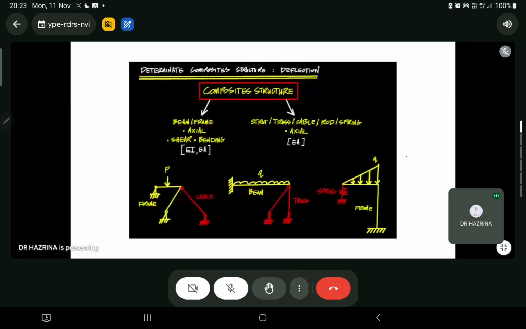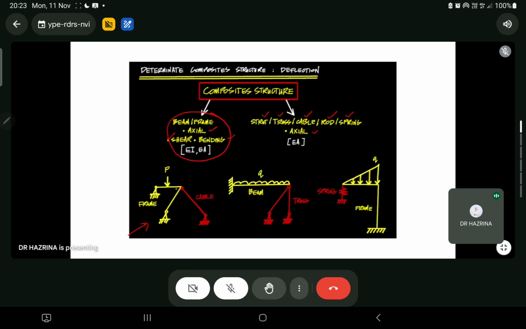Okay, so let's look into here. So kalau you tengok, okay, composite structures, kita ada this one. Okay, composite structures, kita ada beam ataupun frame, okay, yang mana beam atau frame tersebut dia ada axial, dia ada shear, dan dia ada bending. Alright. And when we talk about another types of structure which is only axial, EA, okay, you ada strut, you ada truss, you ada cable, you ada rod, dan you ada spring. So kalau you refer to these particular structure systems,